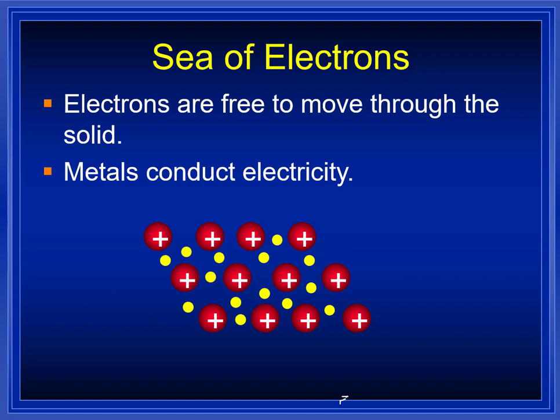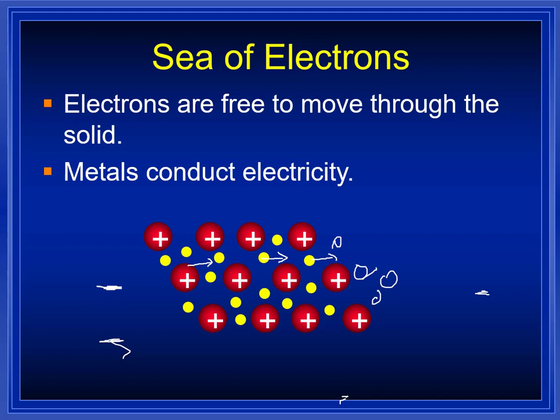So if I were to put a negative charge over here, these electrons here would not want to be next to that negative charge. So they would move this way. Everybody okay with that? And that means if I move them this way, there's going to be more negative here, which is going to push that one that way. It's going to push that one that way. And finally, I'm going to have a whole bunch of electrons sitting out here. So I started off with a negative end on this here, and I got all the electrons piled up over here. So this ends up negative. So the charge moved through the wire